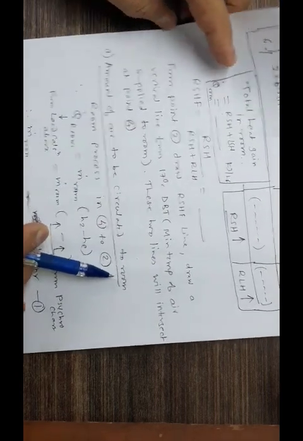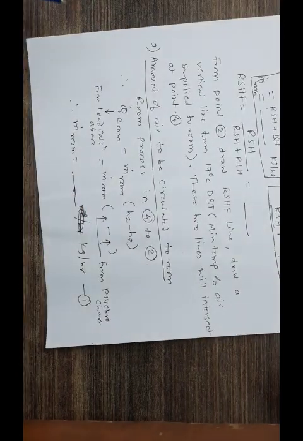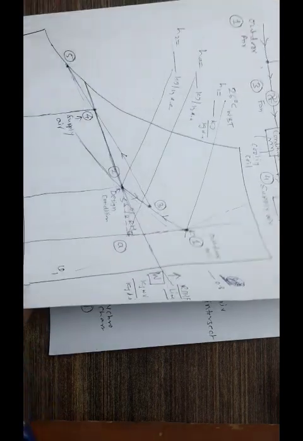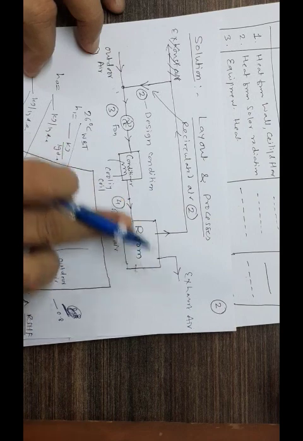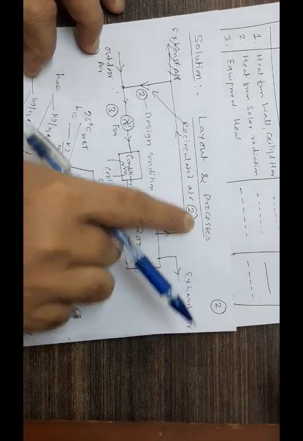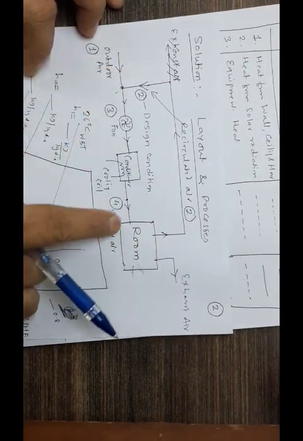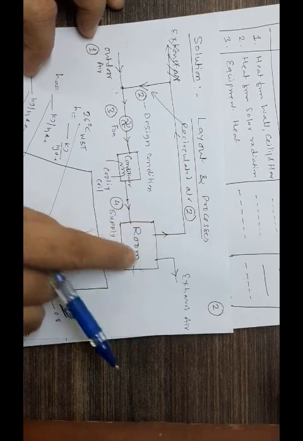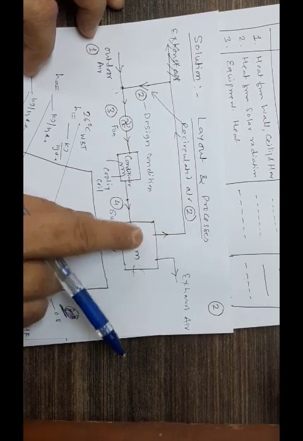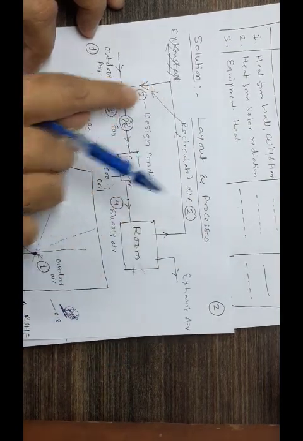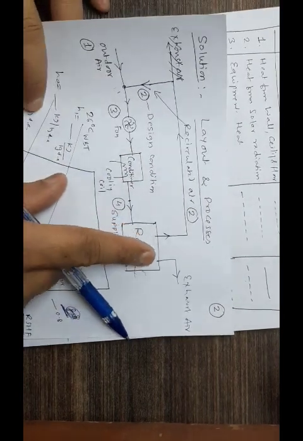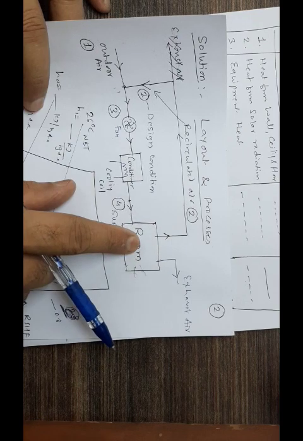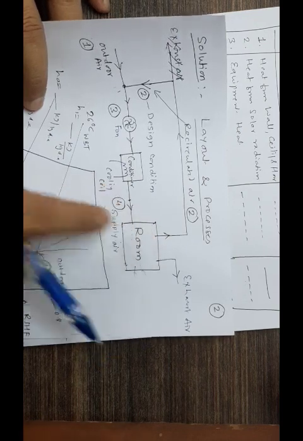I am finding out how much is the total amount of air which we want to be supplied into the room. Into this room, how much air should be supplied? How much is total air? This is partially recirculated, and this is outdoor. So this is the air which is supposed to be taking that heat, and then partially it is going on this side. So how do you find that? Because this air which is supplied should be capable of taking out the heat which has been added into the room. So that's what we are doing.